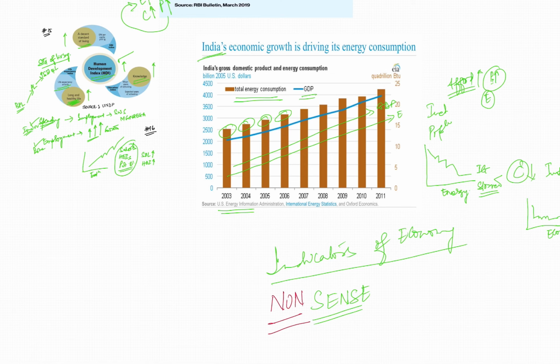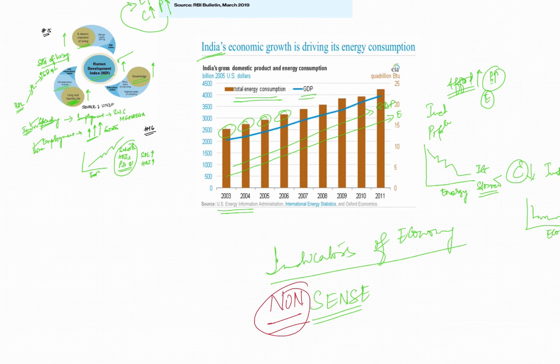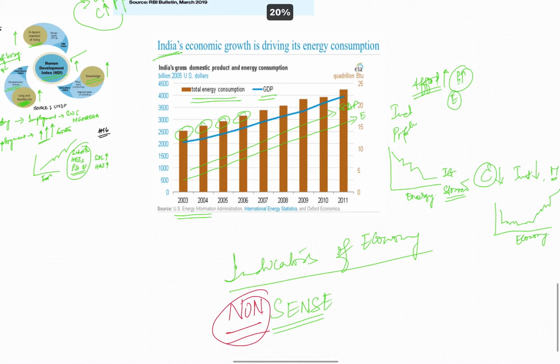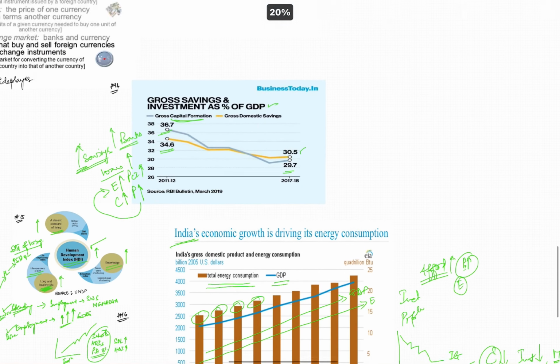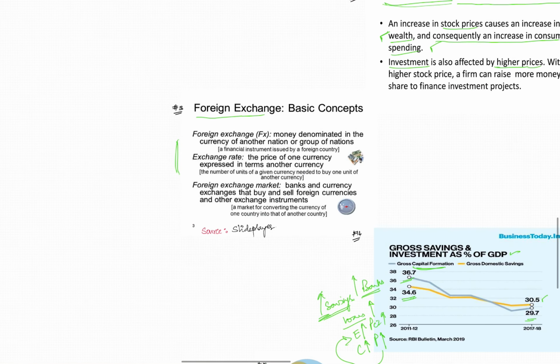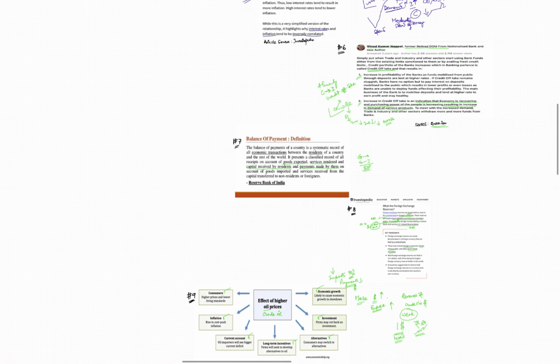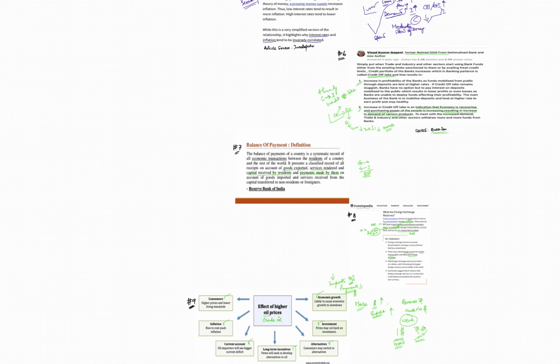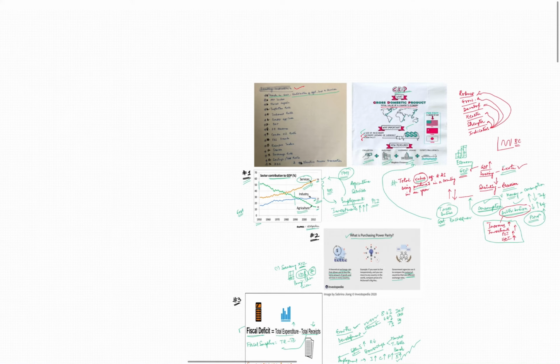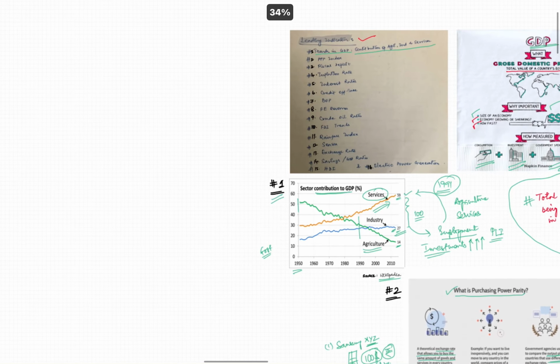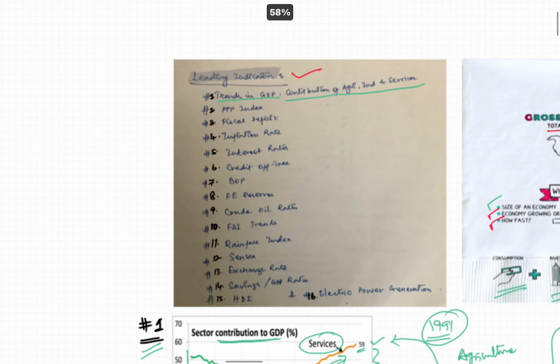So, to remove this, we are trying to understand, and fortunately, very fortunately, I could gather all these images that you are seeing. Very lucidly, it has been possible for me to explain the different leading